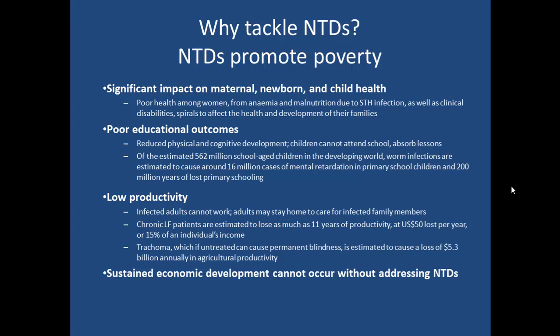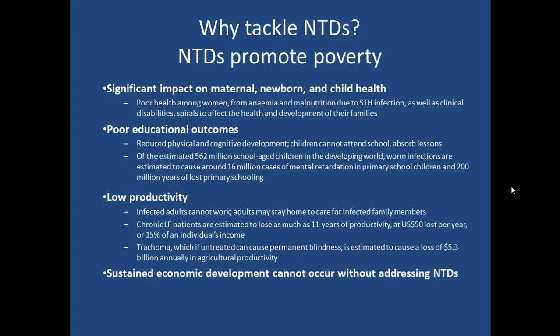Of the 562 million school-aged children in the developing world, worm infections are estimated to cause about 16 million cases of mental retardation and poverty in primary school children, and 200 million years lost of primary schooling. So it is a significant aspect of primary education loss in children, and that loss in primary education tends to move on to secondary education and will later on result in low work productivity as an